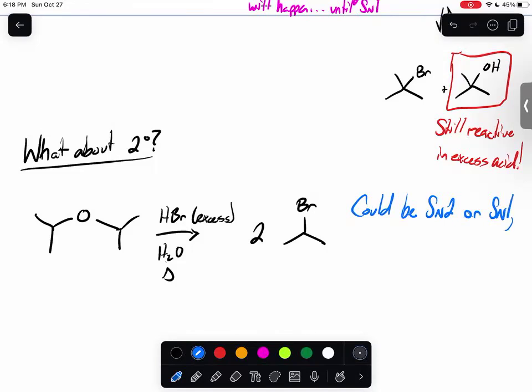It's actually a mix, right? So it just proceeds through both of these mechanisms however it wants to. Because of that, we're not going to focus on these secondary leaving groups because they don't make as much of a difference. Okay? So, with that being said, just keep that in mind when we're thinking about these types of